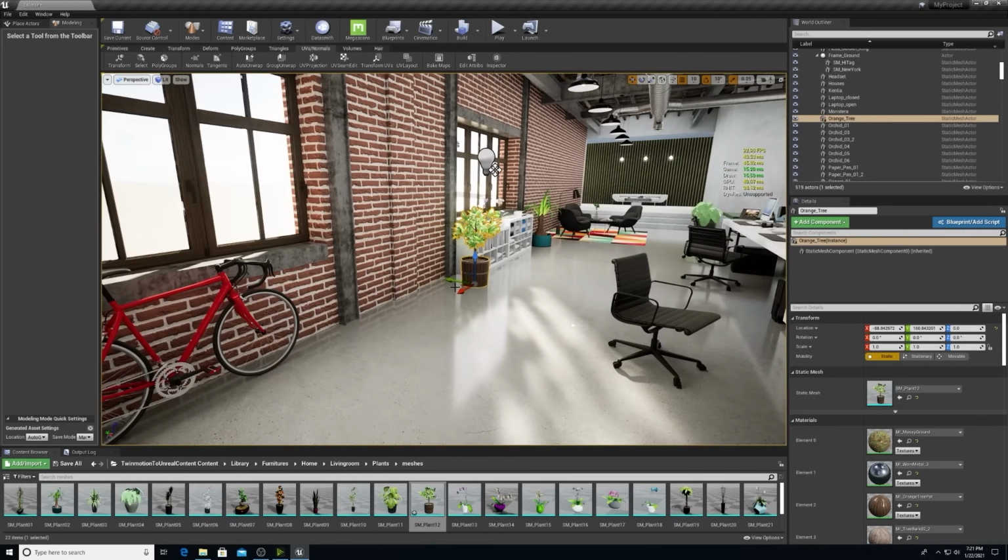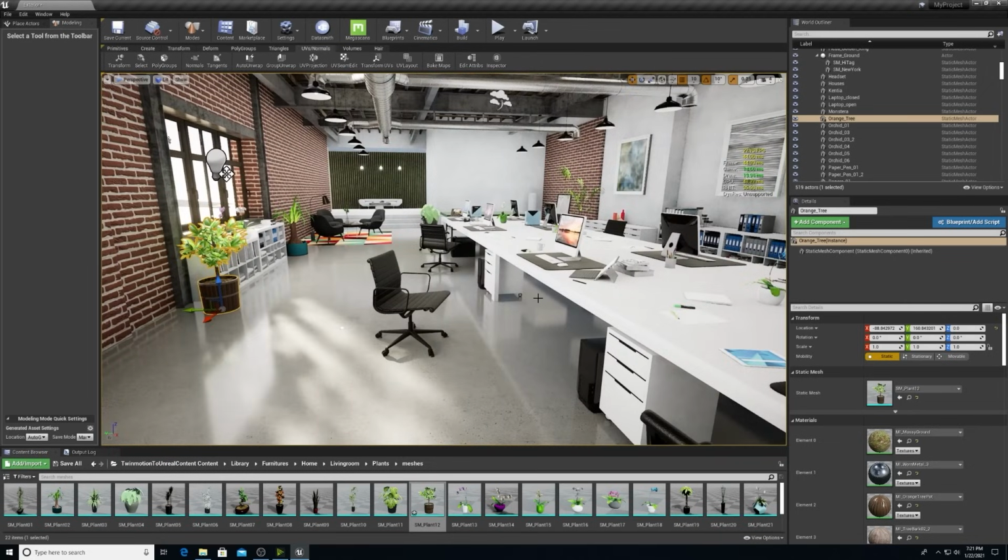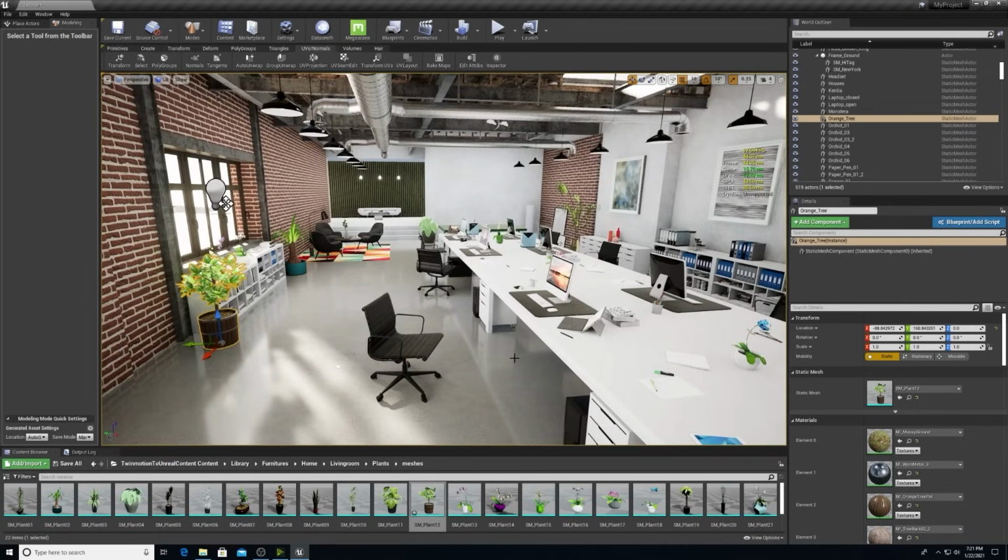I also do want to take this moment to move this plant around so we can get a good look at the ray trace shadows and lighting effects. Now, if you want to add in some more Twinmotion entourage, such as plants or office accessories, you can do this already in Unreal. So I'm going to go down to the View options, and I'm going to make sure that this Show Plugin Engine Content is selected.